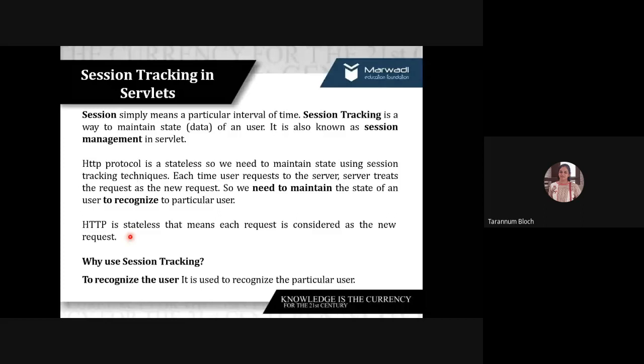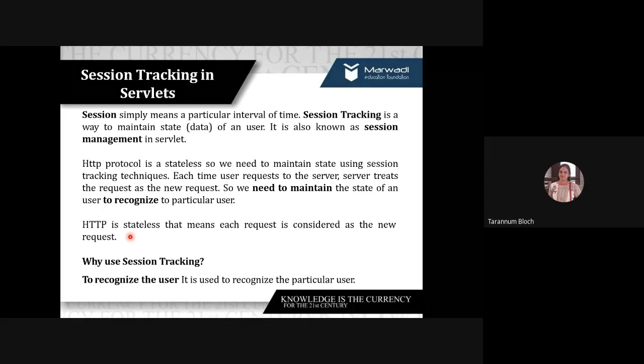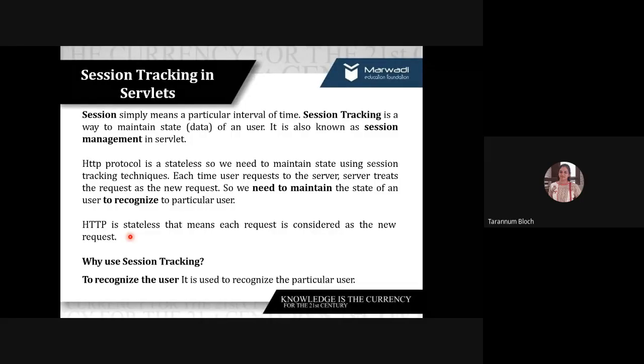But actually, as an application user, you want your inbox, right? And now when you are at your inbox, you'll find the email list, unread and read, everything. You're reading one mail, so you're clicking on it. When you click on it, again a request goes to the server. The server processes the request and forgets who you are. So there's no continuity in maintaining the data, and each request is being treated as a new request. So it is hard to recognize a user's request over the server, because this happens since HTTP is stateless.